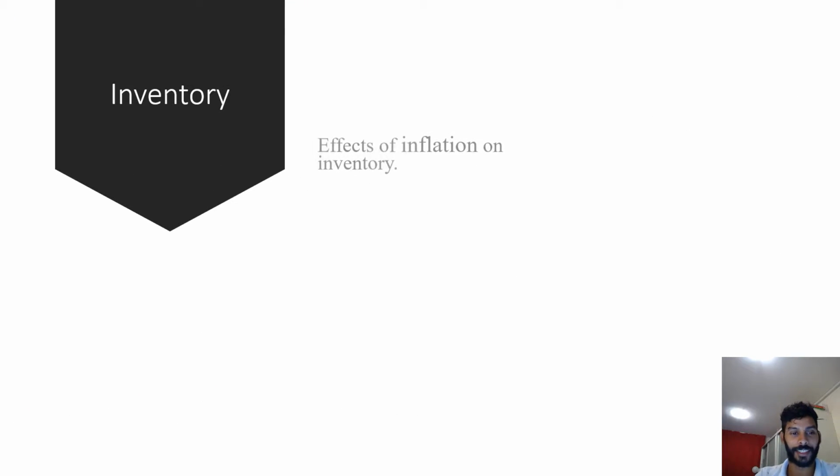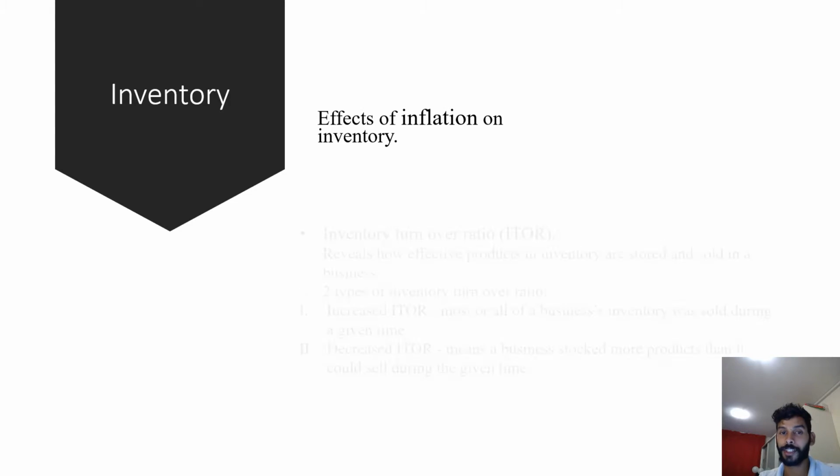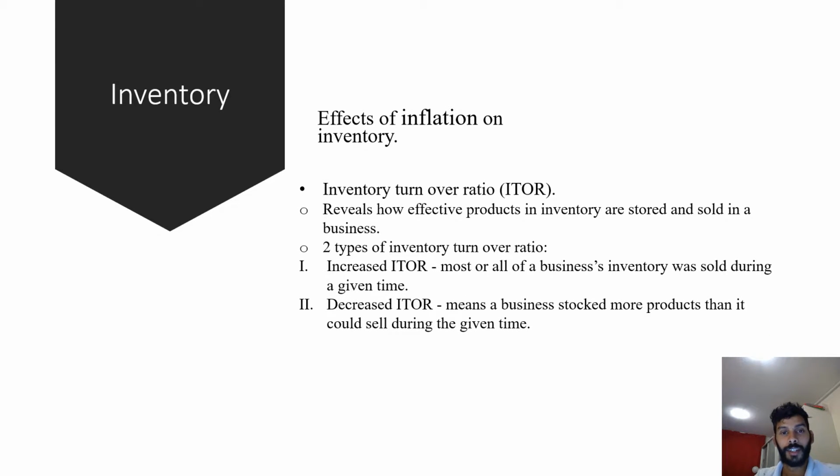Next, we move on to inventory. The effects of inflation on inventory are as follows. The ITOR, or the inventory turnover ratio, reveals how effectively products in the inventory are sold and stored in the business. The two types of inventory turnover ratio are increased ITOR and decreased ITOR. Increased ITOR is where customers expect an inflation to occur or to continue, and they run into stores and try